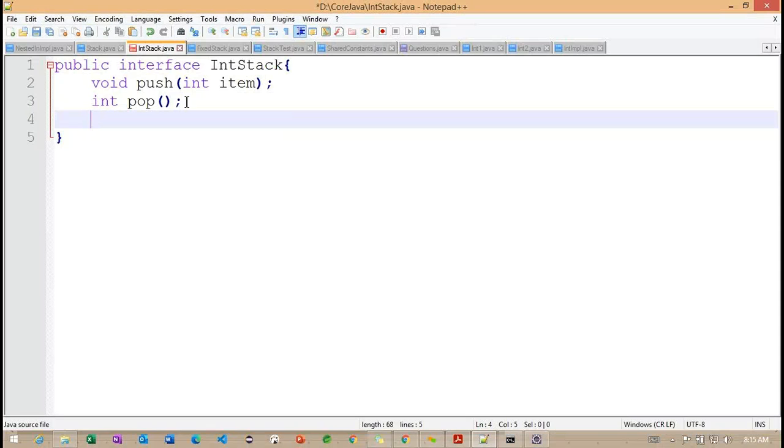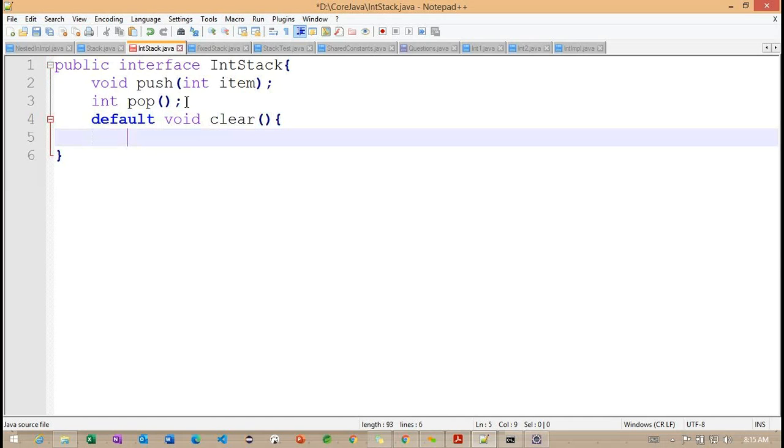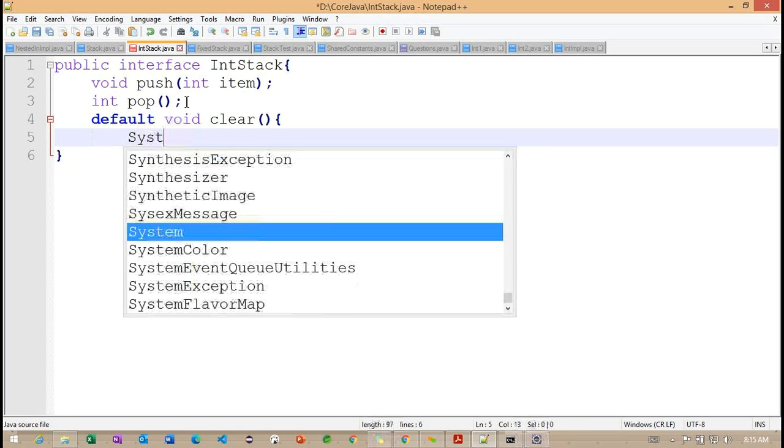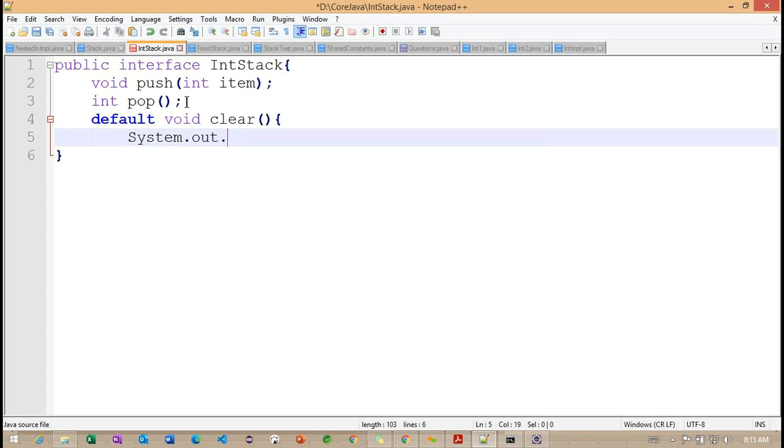Using this int stack, I'm writing a default clear method inside this particular int stack.